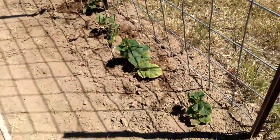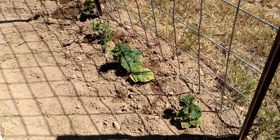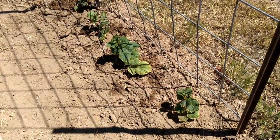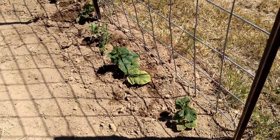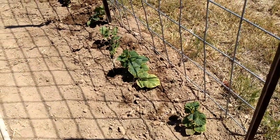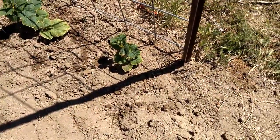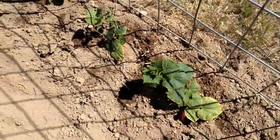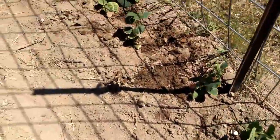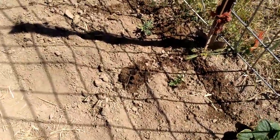Well, I got a good start on it today. It's getting pretty hot out here. I'm thinking about taking a break. And it's late enough in the day, I better get some lunch, or I'll have to call it lunch, supper or something, I don't know. Anyhow, I got these in the ground, and they are going to be shocked a little. You know how it is when you plant them. There's some watermelon there,